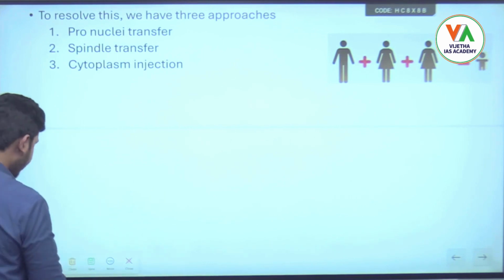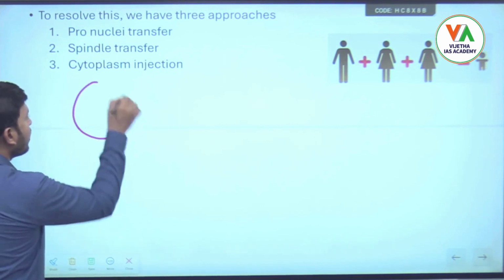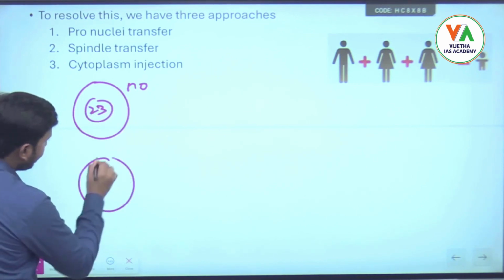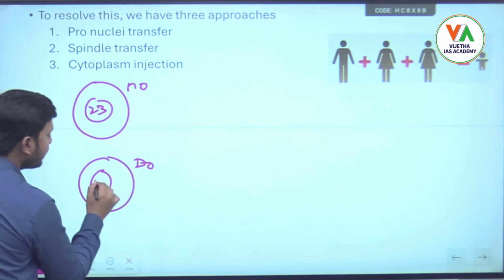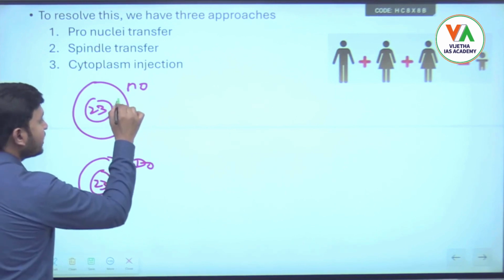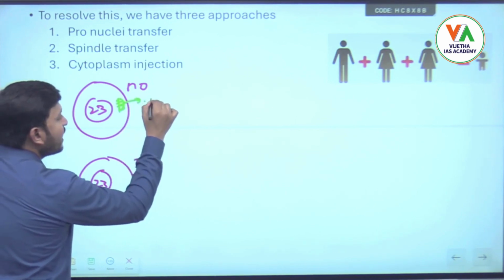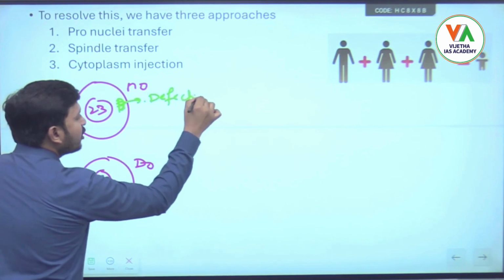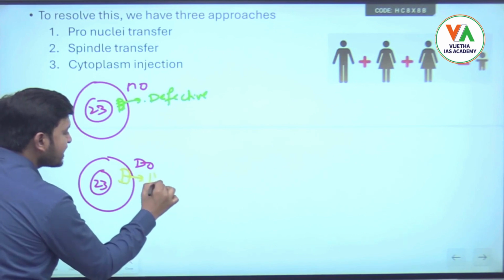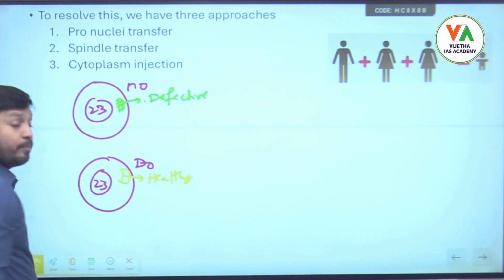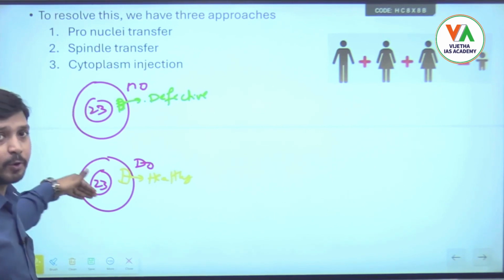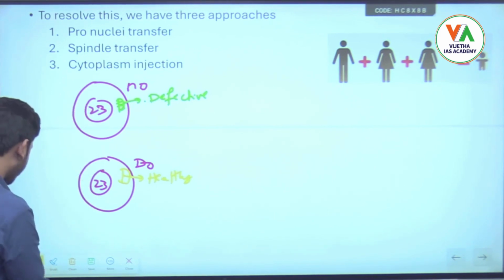Okay, I will take the same case here also. So first we will take 23 chromosomes. Here also I will take the same color. This is the mitochondria of the mother which is defective mitochondria, and this is the healthy mitochondria of the donor. This is healthy. In the previous case, I had taken the sperm and fused before itself, right? But in this case what I will do is